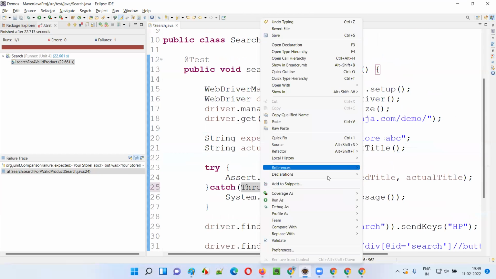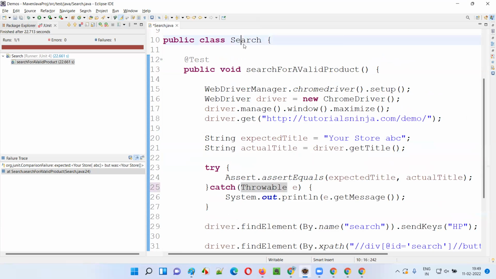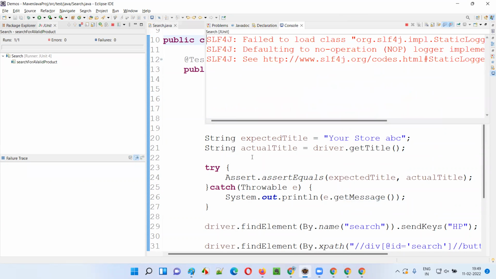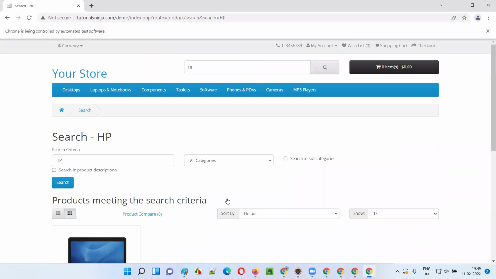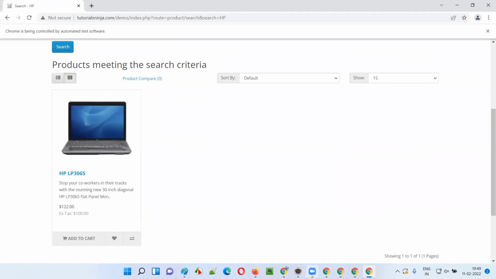Okay, let's run this code. The script should run this time. Despite this assertion failure, the script should continue the execution because we have properly handled the exception this time. You see, despite the exception where the title of the page is not matching, that is, Your Store ABC expected title is not matching with the actual title Your Store. Despite that, you see HP has been typed, the button has been clicked, we got the search results also. That means the